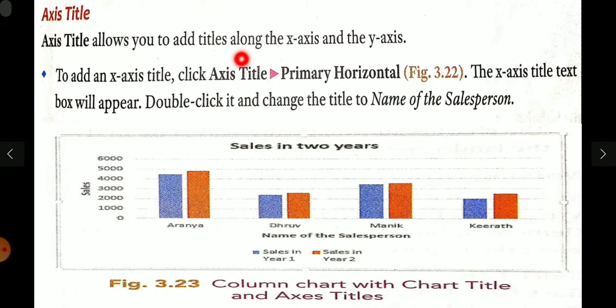I hope you have understood what is horizontal, that is the x-axis. This line is called a horizontal axis, and this we call a vertical axis in a chart. To add an x-axis title, click axis title and select primary horizontal.